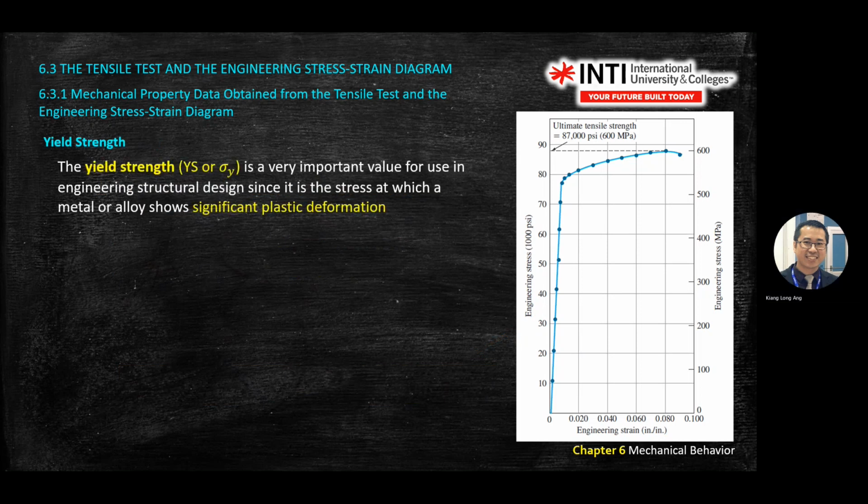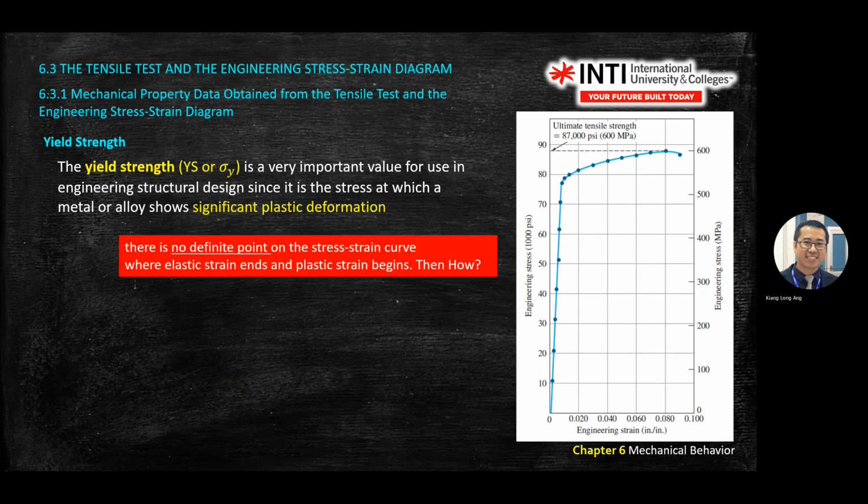Yield strength shows significant plastic deformation. Again, it's very hard to find yield strength. How do you find yield strength? By the 0.2% offset. Some testing standards recommend you to use 0.02 or something else. It depends on the standard that you use. For our module on the textbook material, we use